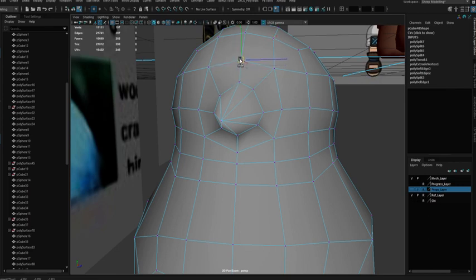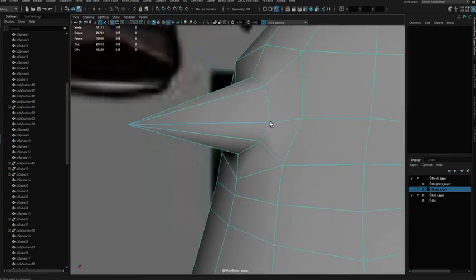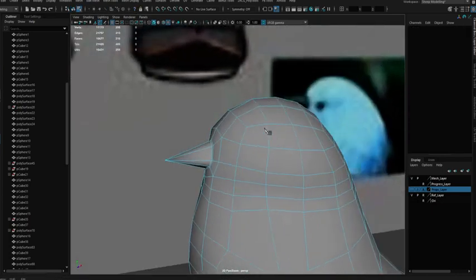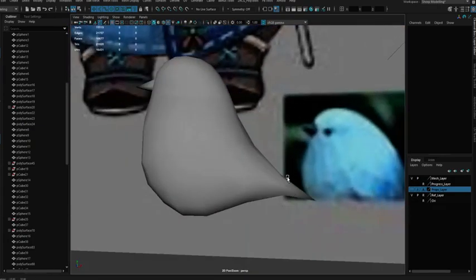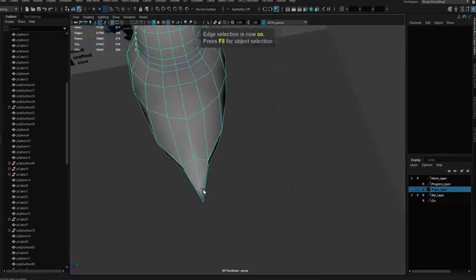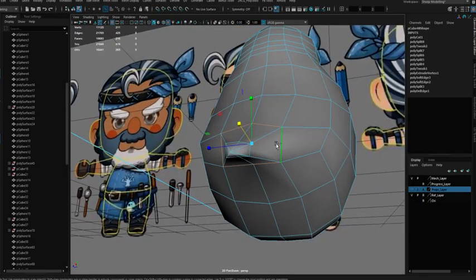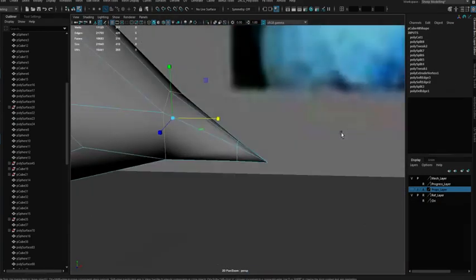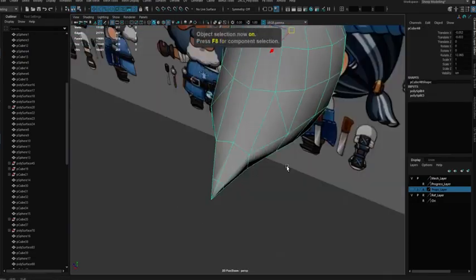I think we can go seriously low poly as well, but since this guy will be for renders and stuff, we need a bit of geometry here. The eye can be the texture, it doesn't need that. Now this particular part is not nice. Straighten this out. Here we go. Just like this. So polygons are always bad.